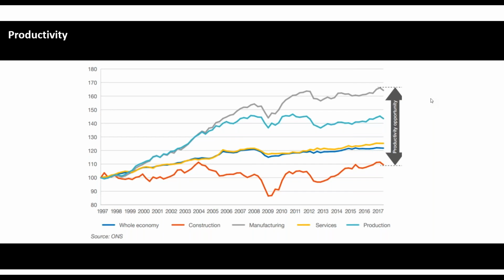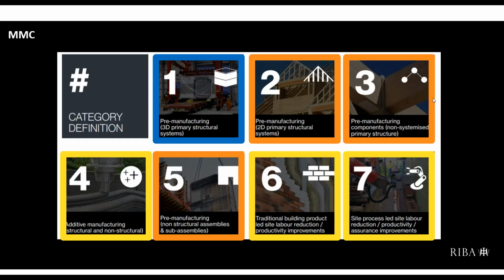Next slide. And of course, the other thing that we're trying to do at stage 4 is look at the manufacturing industry. The top bar in red has been leveraging really high productivity gains over the last 10 years or so, whereas construction remains stubbornly flat in terms of productivity improvement.